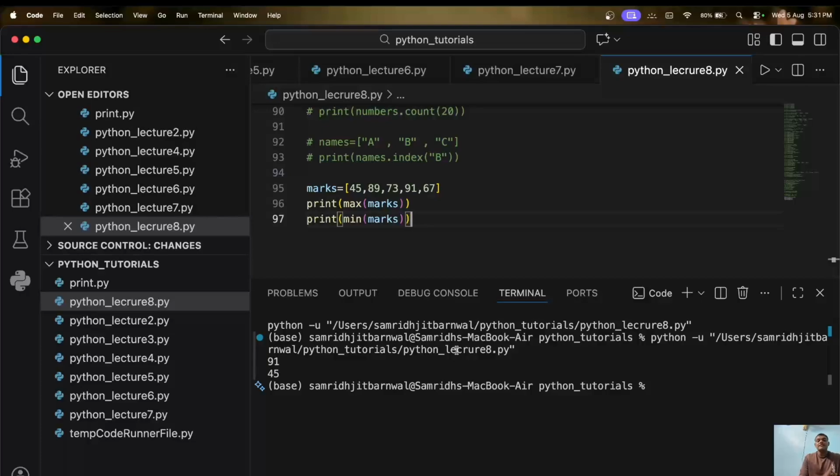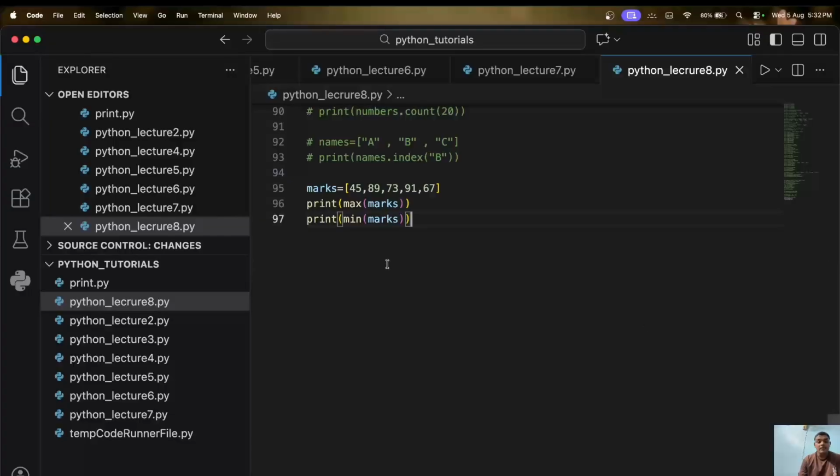Now let's imagine the class teacher wants to know the total marks of all students. Can we do this? Yes. We could write 45 plus 89 plus 73 plus 91 plus 67. But this becomes impossible when hundreds of numbers are involved. Python gives us another useful function, that is sum marks. So the output is